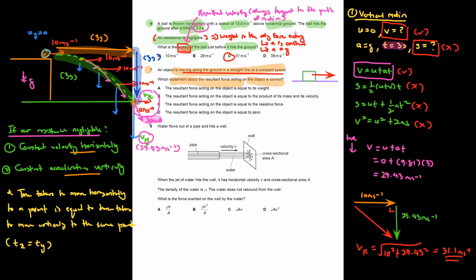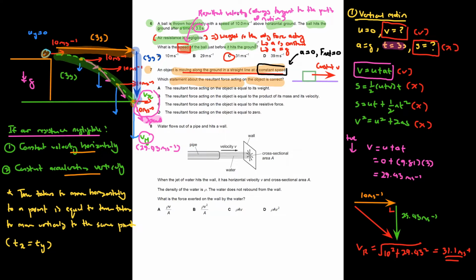What's the significance of constant speed? If you have constant speed, that means your acceleration is 0. Your F net is 0. So that is the main thing to note from here. You have constant V here. So when you have constant velocity, the main thing is net force is 0, resultant force is